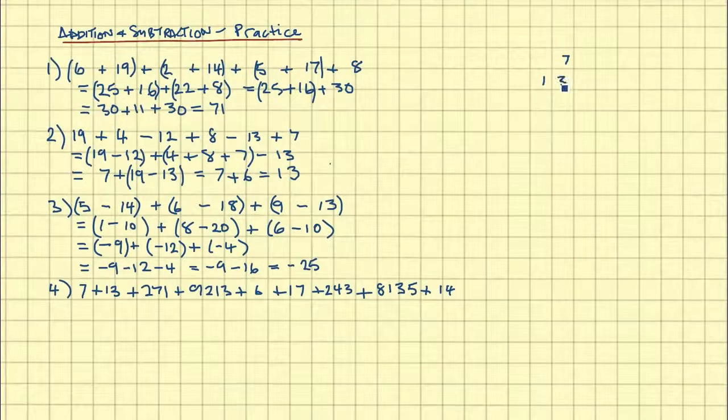So we'll just write these down. I can use the squares here, actually. That would make sense. So I'm going to start with 7, then 13, then 271, 9, 213, 6, 17, 243, 8, 135, and 14. And in fact, as soon as I've done that, it looks much less intimidating and fairly straightforward